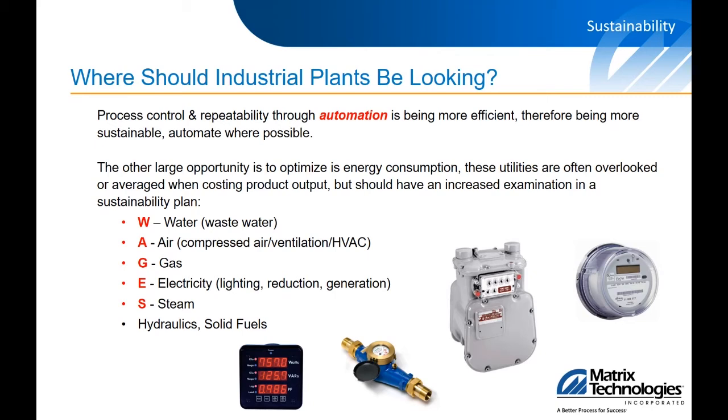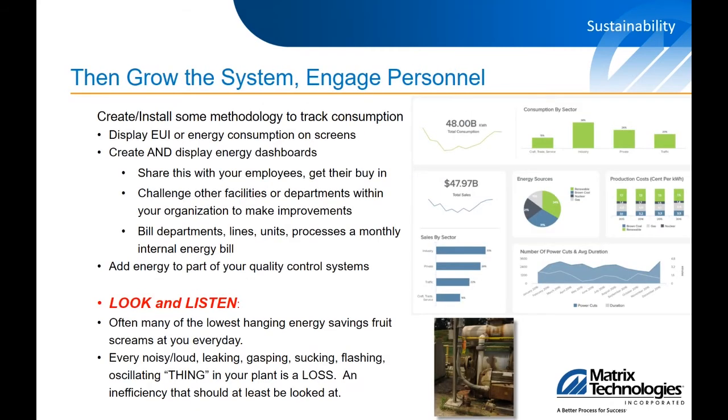Other large areas that you can look at are your consumption. You should really start to monitor, the buzzword in the industry is WAGES: the water, the air, the gas, electricity, steam. All these things should be monitored. You should have real-time understanding of where you're spending your dollars. And like I say, companies spend a great amount of effort monitoring labor and raw materials, but typically they just accept utilities as being a cost of doing business. And I would say that you're never going to achieve true sustainability if your opinion is it's a cost of doing business.